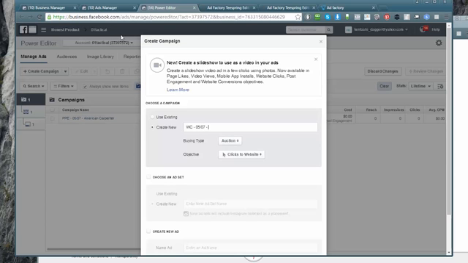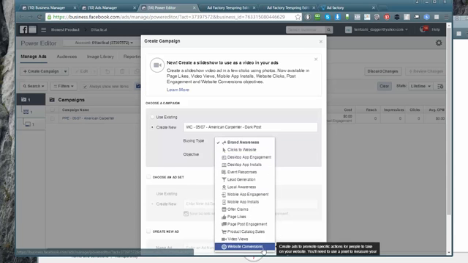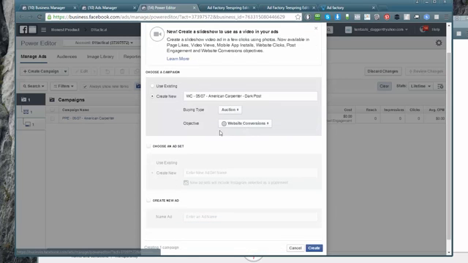07, and you're gonna put American Carpenter, and you just put dark post, right? Dark post, that's it. And then what we're gonna do is create new, put the keyword name, and then we're gonna go down to website conversions, alright, because we have pixels set up and we need that. So in order for us to let Facebook optimize everything, choose an ad set,